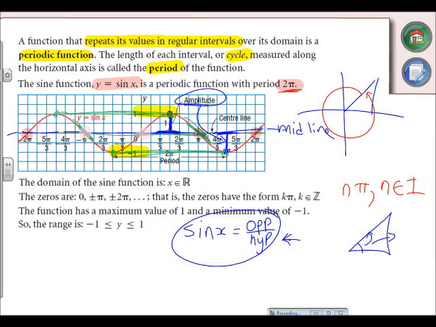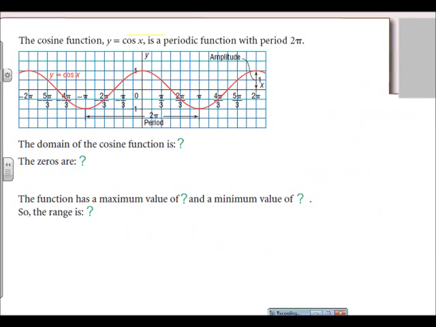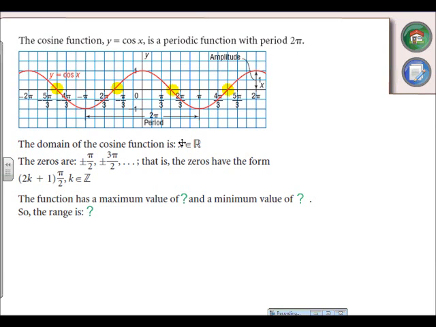And then when we go into standard position, we could have positives or negatives. The opposite always has to be smaller than the hypotenuse, so it cannot be less than -1, unless we start doing transformations. But that's why we are between 1 and -1. Likewise, cosine also has a domain. I can find the cosine of any angle. The zeros now, though, are going to be different. They happen at different spots. And as we see, it happens at pi over 2 and 3 pi over 2, positive and negative. So it's got the form of,